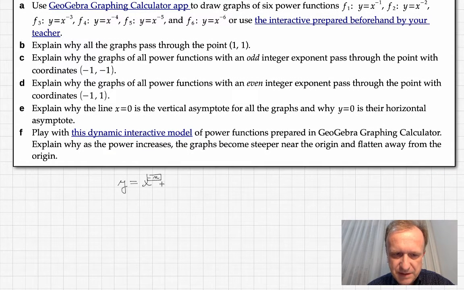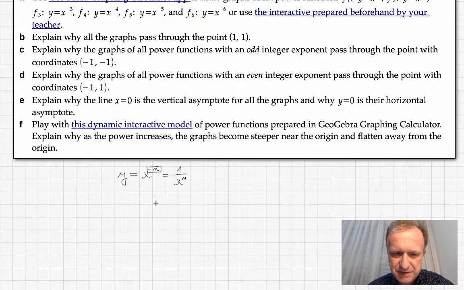From your prior studies in mathematics, you should be able to rewrite it using this formula. This is 1 over x to the power of n. This is the most essential part that you will need to understand, that this is actually so. Okay, so x to the power of minus n equals 1 over x to the power of n. Just a short